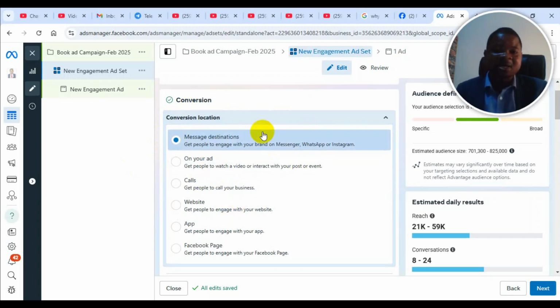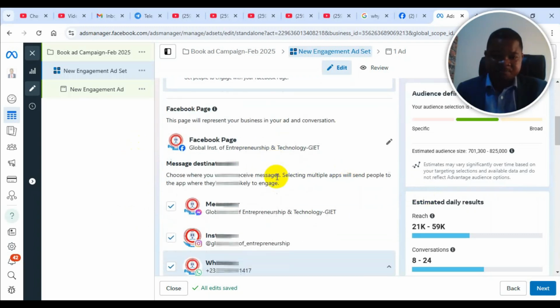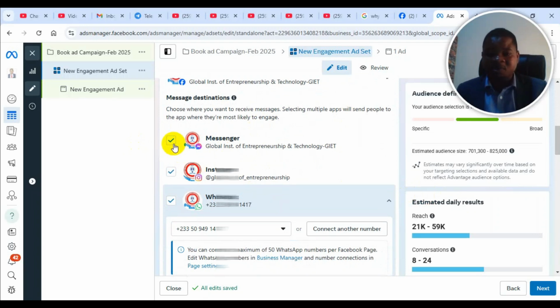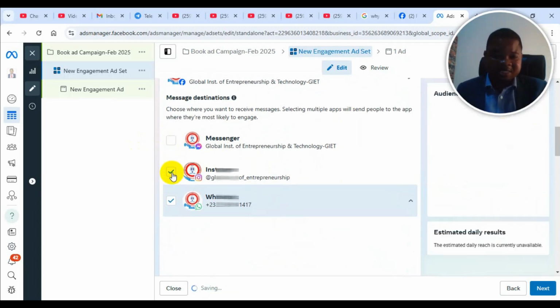But just understand that depending on whichever objective you want, if you want followers, select this one. If you want people to call you, select this. If you want people to engage your advert, comment, like, and share, you select this. Okay, so we continue. So after selecting, I want message, WhatsApp message, I have to come here and deselect all